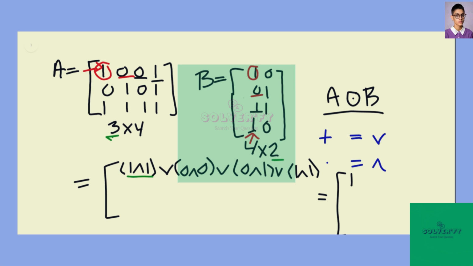And we can do the same then if we want to do a new row of A, but the same column of B. We would compare 0 and 1, well, that's going to be 0. 1 and 0, well, that's going to be 0. 0 and 1, that's going to be 0. And 1 and 1, okay, well, that's going to be 1, so we can put a 1 here. And we can do the same thing, same column. New row, these are all 1s, so we're going to get a 1 here and a 1 here. So 1 and 1 is 1. We can just go ahead and stop